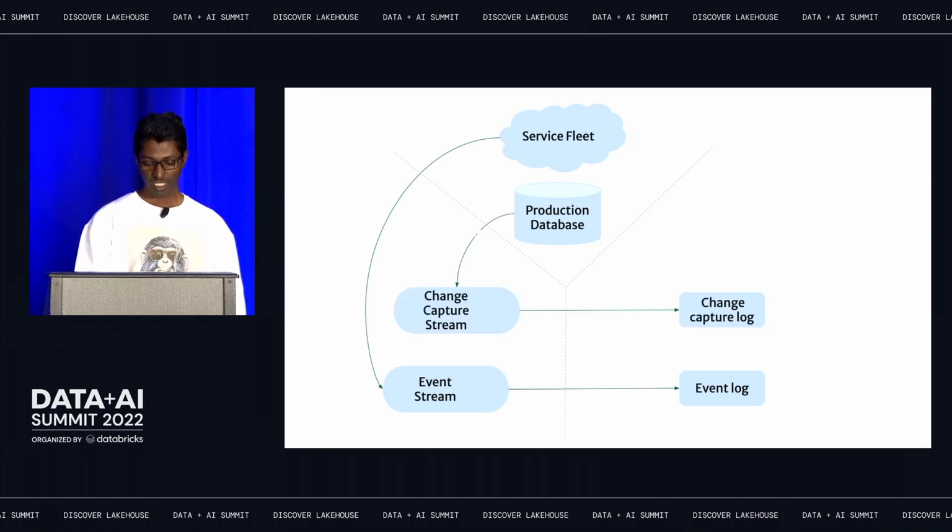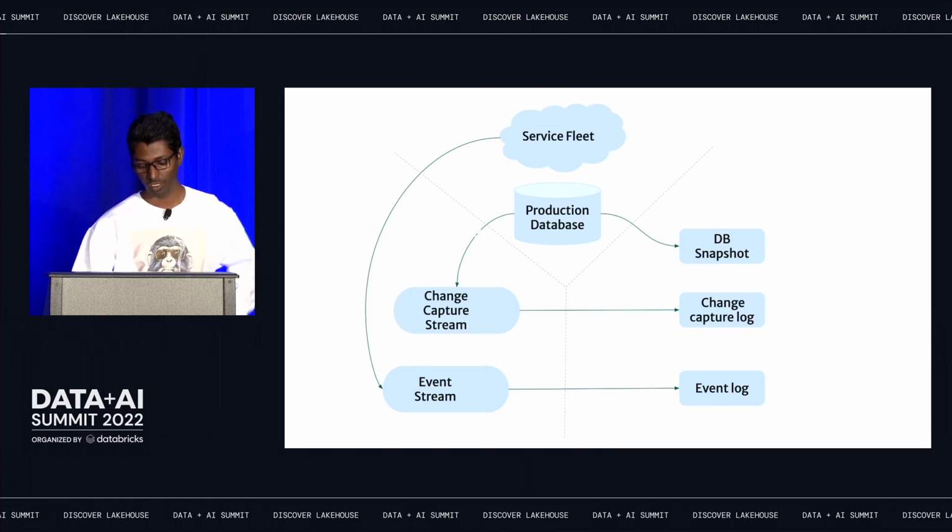Right? And similarly from databases. So this is kind of the new concept here, which is Chronon also ingests change data. If production database tables get changed, there is a change capture stream, which becomes a change capture log, right? And then there are also daily database snapshots. This you might be already familiar with in your organization. So every day there is a new set of data arriving into the warehouse,